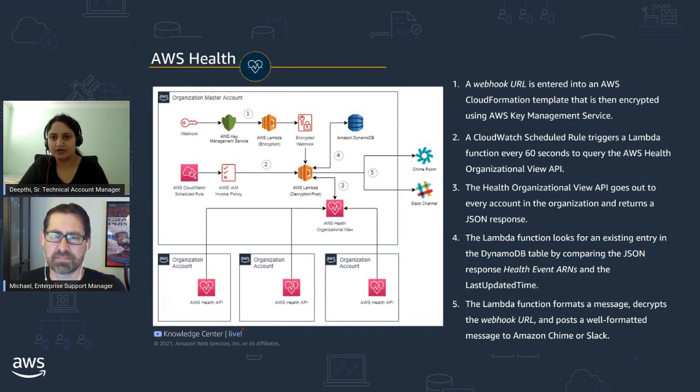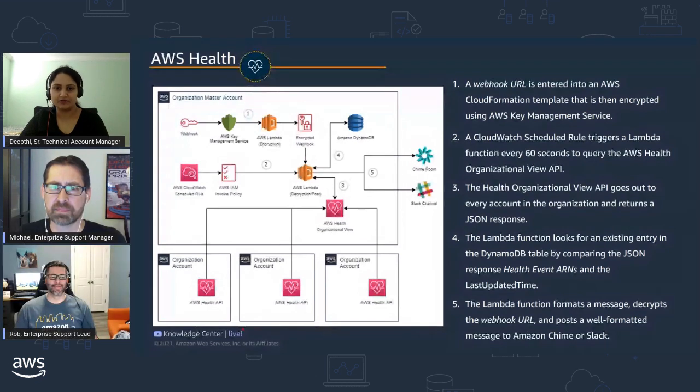If you look at the bottom side of the diagram, you have different member accounts, all of whose events get rolled over to the main management account. And once the events start rolling, DynamoDB will be the source of truth. Lambda will query the DynamoDB and relay those over to your preferred communication channels that you've set. So that brings to the end of the explanation of what this application does, and the power of the combination of Organizations and Health. I want to bring Rob back in to see if there are any questions so far before I jump into the demo.